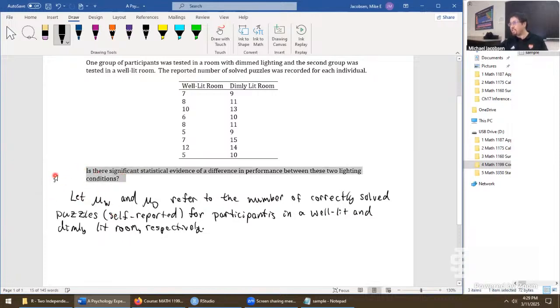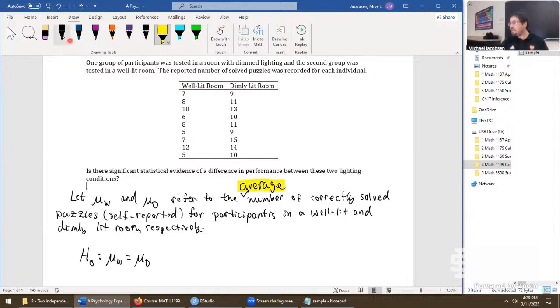And to attack this question right here, really we set up a set of hypotheses. The null hypothesis is the claim to be tested. And this would be a claim of no effect going on whatsoever in this population. Don't forget, it's the average. This is the mean of the population. Let's call it the average number of correctly solved puzzles. And in the null hypothesis, we're assuming it's going to be the same in both groups. There's really no difference in these two different populations.